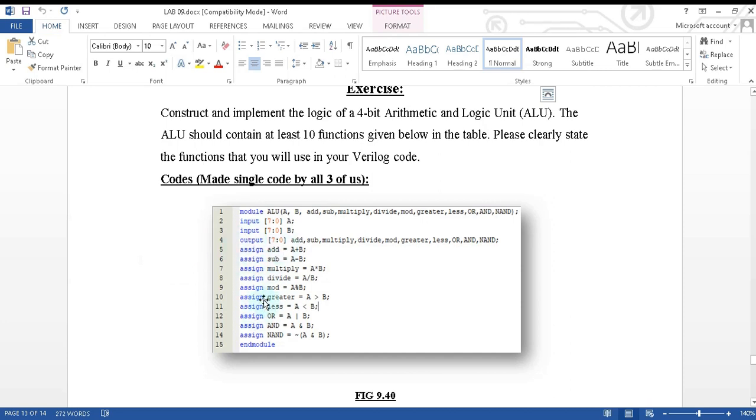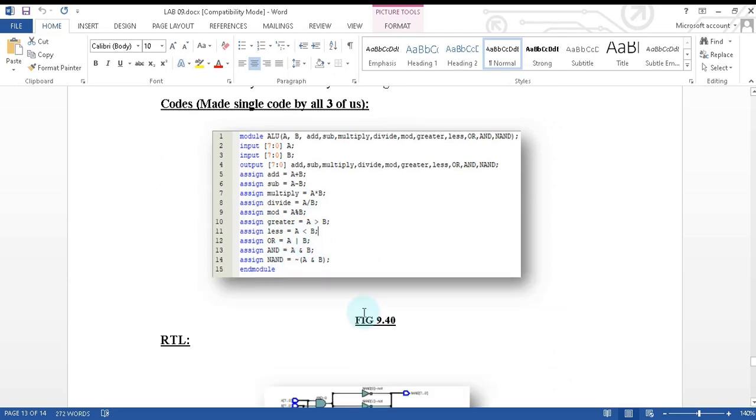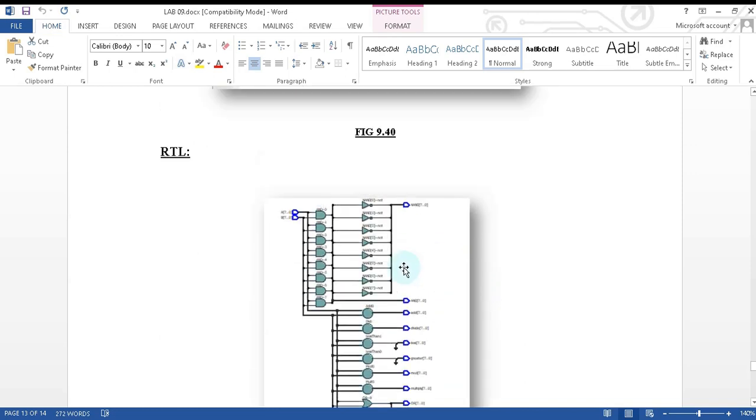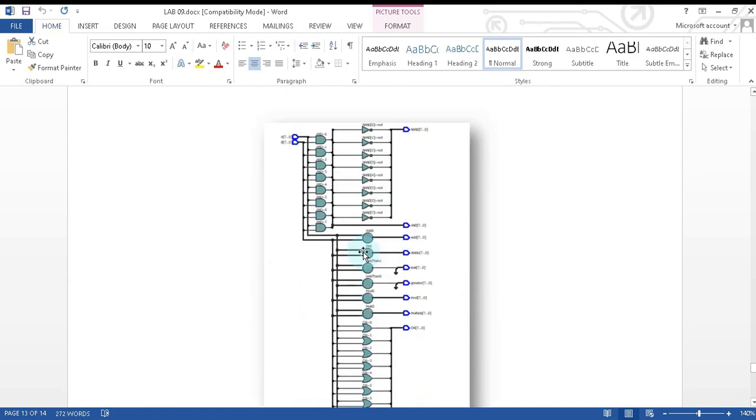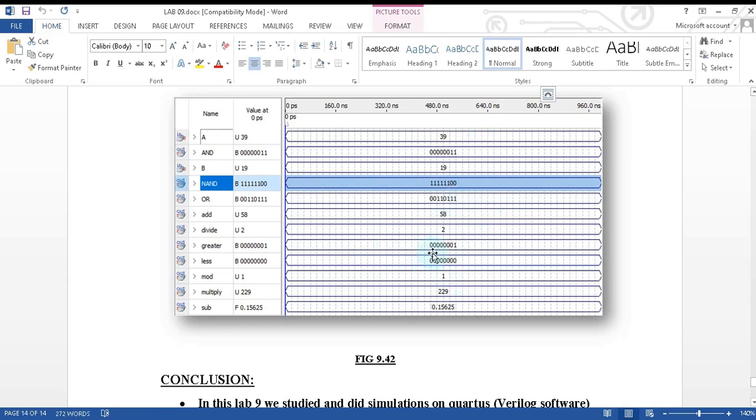And then we have assigned all of these functions as add is equal to A plus B. These are our two inputs, and subtraction A minus B, multiply A multiplied by B, division A divided by B, mod A percentage B, greater A should be greater than B, less A should be less than B, or A or B, and A and B, and NAND, negation of A and B, and then we have ended the module, and this is our RTL viewer, and this is our